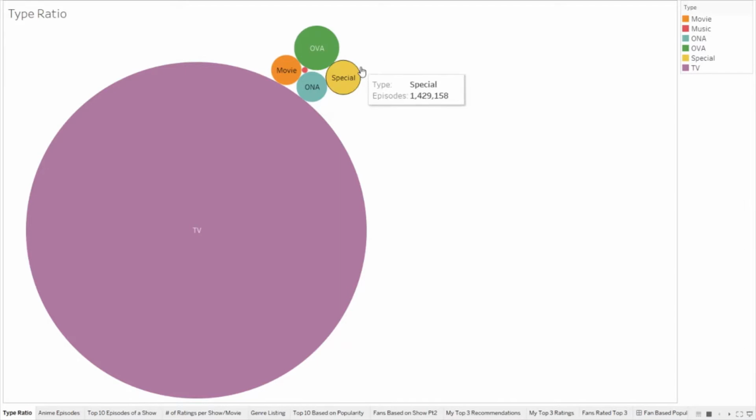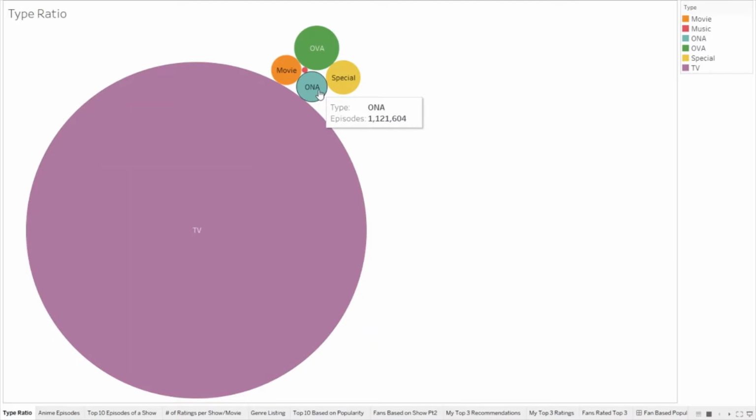Next we'll go into the special category. This one has almost 1.5 million episodes in itself. When I looked at the data set, the word special has too many meanings, where it can be a spin-off, or maybe a 5-minute clip, maybe just some little fun animation that the creators wanted to do. It just depends on how the person that made this data set wanted to view the word special.